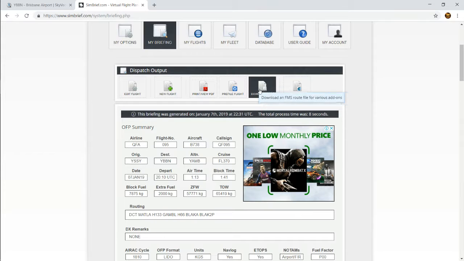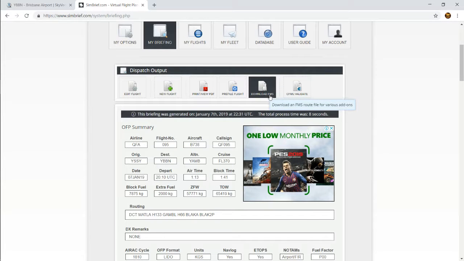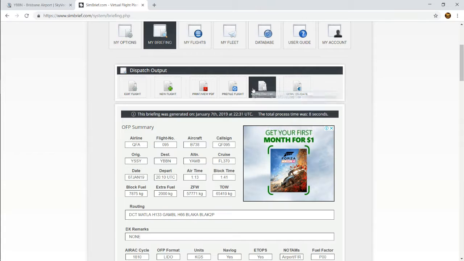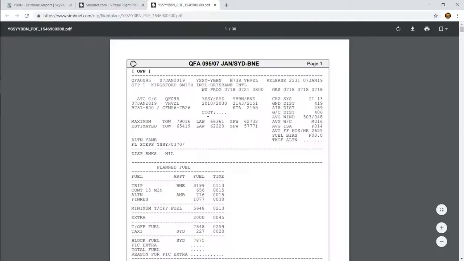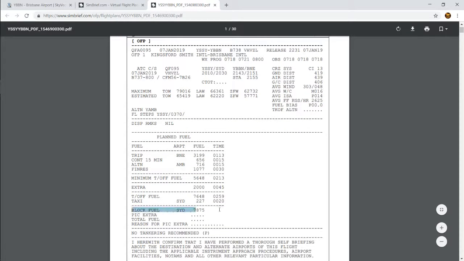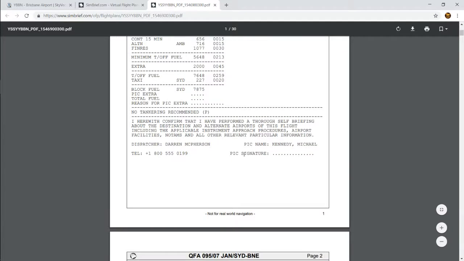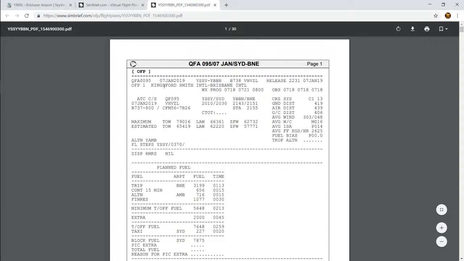So you can download it to the FMS if you are using PMDG. If you don't have the PMDG and you have an aircraft with an FMS, you can just have a look at the Lido page and it will tell you how much fuel you need. So 7,800. That doesn't seem like a lot of fuel, but because you have done it the way that a real pilot would normally do,